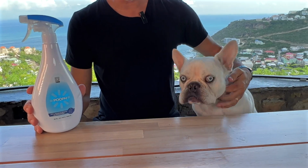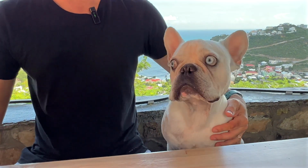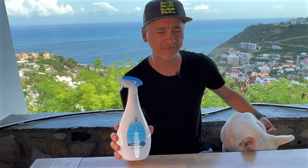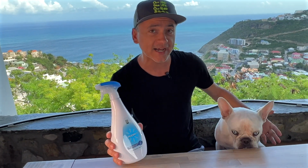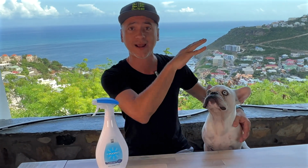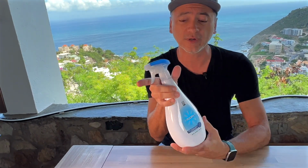We have a little Frenchie, Walter, and this Pooph, I'm going to call it Pooph. I know it says PH at the end, but I'm going to call it Pooph, is a really nice odor eliminator because he tends to have his little pee spots around the outside of the house, but even outdoors, you can sometimes smell that urine smell. So whenever he goes into these spots, probably once a week, I'll go after and I will douse a little